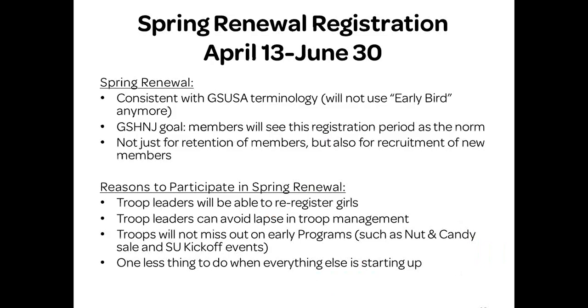As Kay mentioned also earlier, we're going to be having spring renewal. Spring renewal is replacing early bird, so we're going to get that message out to everyone who might be used to the early bird terminology. The spring renewal period has also changed a little bit. The dates have changed. It's starting next week on Monday. Spring renewal opens, and it will go through June 30th. So at midnight June 30th, early bird is closing, and all the incentives will be valid through June 30th.